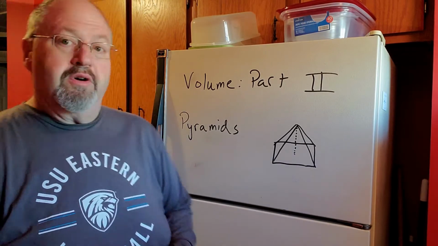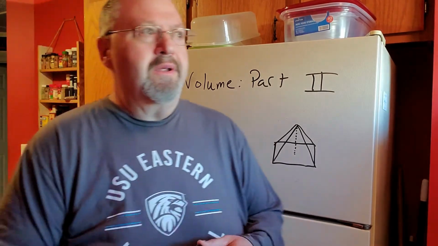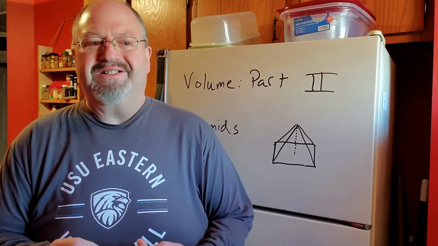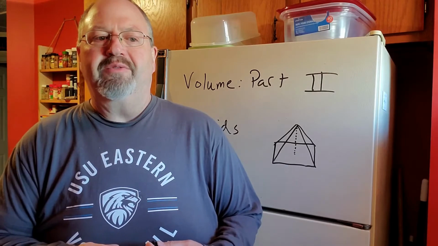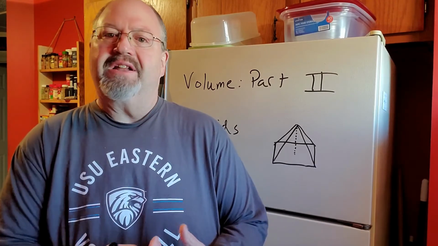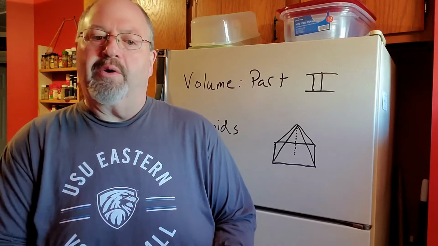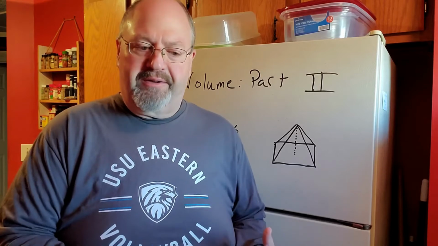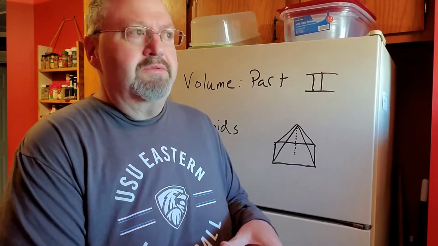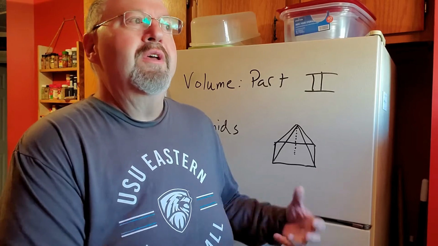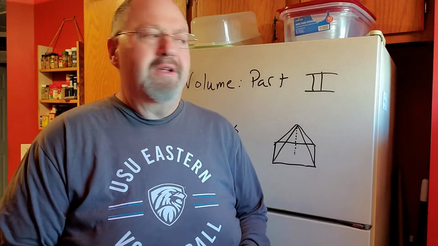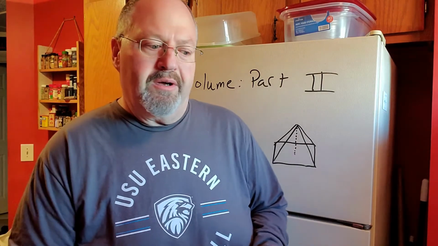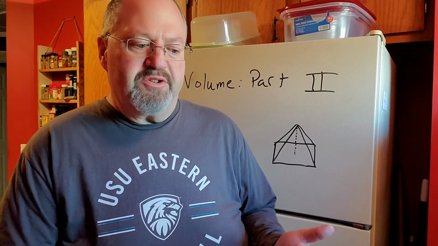You see, we're on to volume part 2. So, we learned last time we were together that volume is how much space there is inside of an object, how much water it can hold, whatever. And the basic formula for volume is area of base times height. Just figure out area of one face and then multiply it times the height and you get volume. And that works great for things with straight sides,